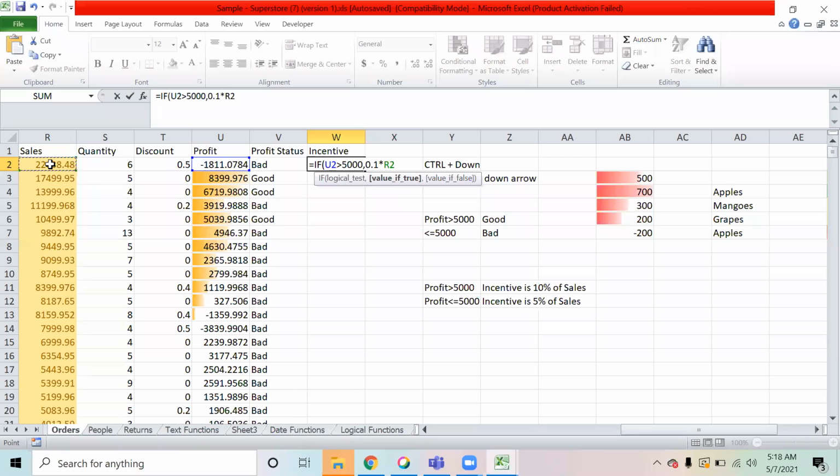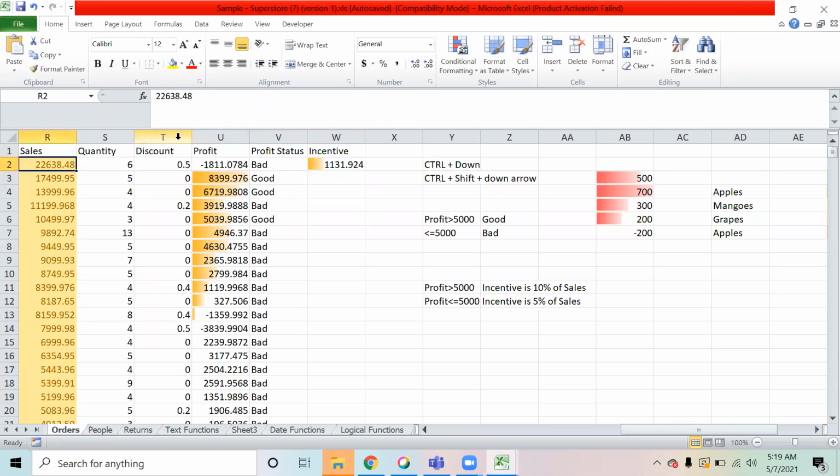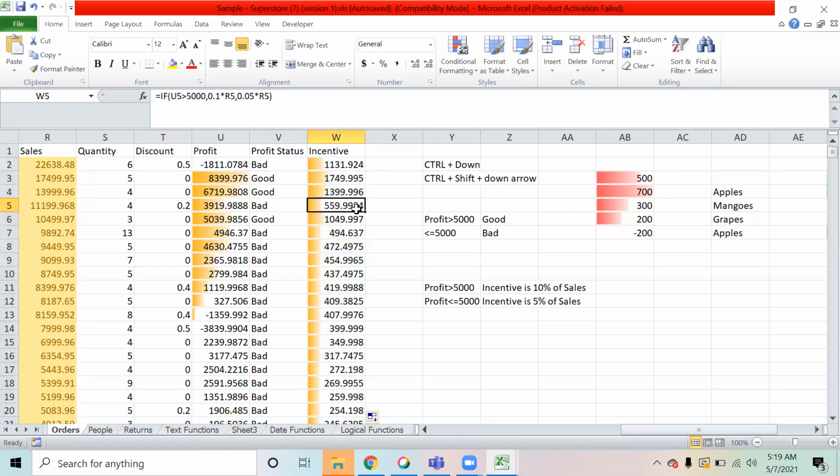And if the condition gets false, in that case, it is 5%, that is 0.05 multiplied by the sales. So if the profit is more than 5,000, I want 10% of whatever the sale is, and if the condition is false, I want 5% of the sale. That's it. Now if you see, this one should be 5%, and this is more, so it should be 10%. So let's apply this and we can see this now.